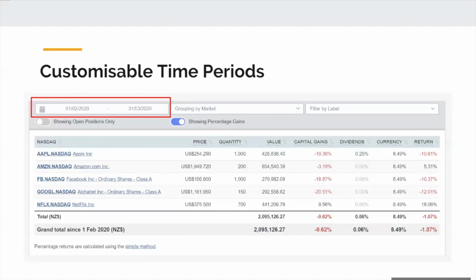Another really important aspect, I guess, of performance reporting is just being able to customize the time period. So Sharesight allows you to report performance over any time period you choose. In this case, I've honed in specifically to a period of disruption in the market. Another use case might be to actually look at how your portfolio is performing up until this point. And it's obviously important to be able to put current volatility and what's happening in the short term into context by looking at your longer overall